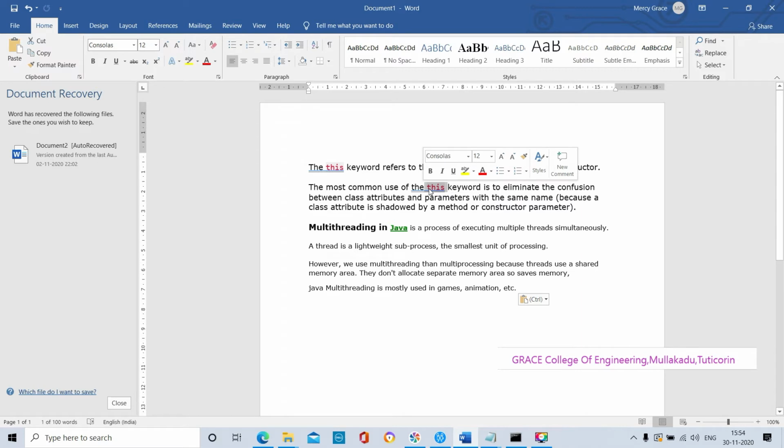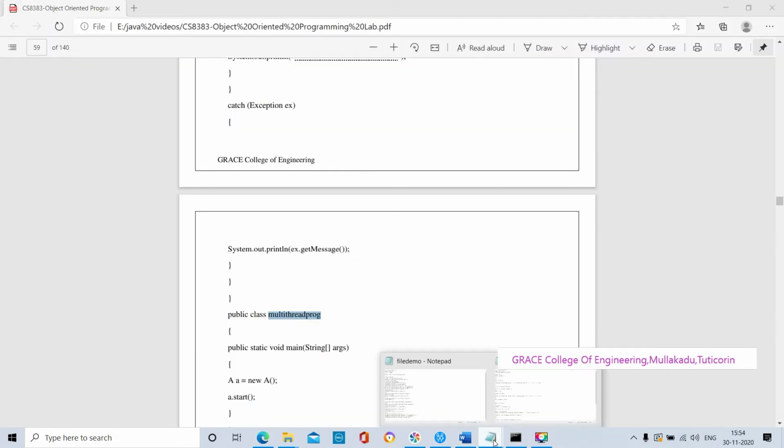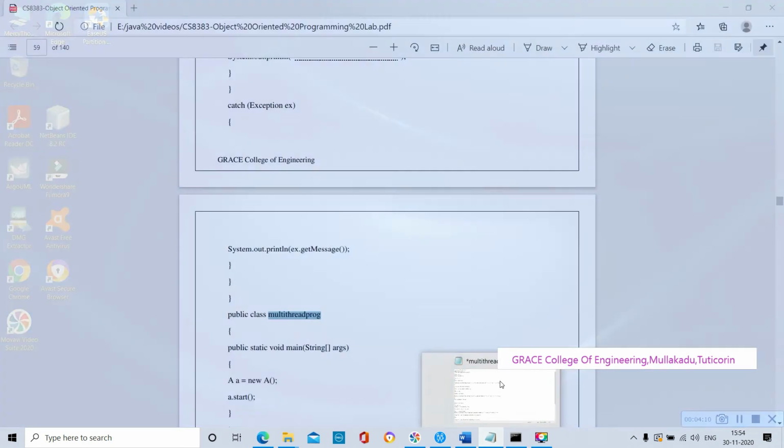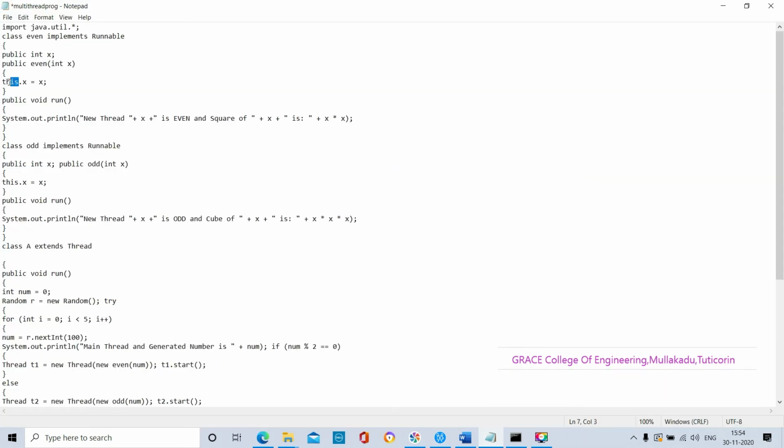It directly indicates that this is our current object's variable, parameter, or attribute. So this refers to our current object's attributes. Maybe the parameters and arguments have the same name in different classes, so to avoid the confusion we use the this keyword.